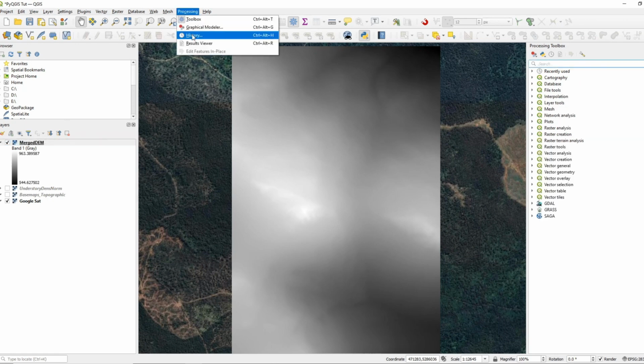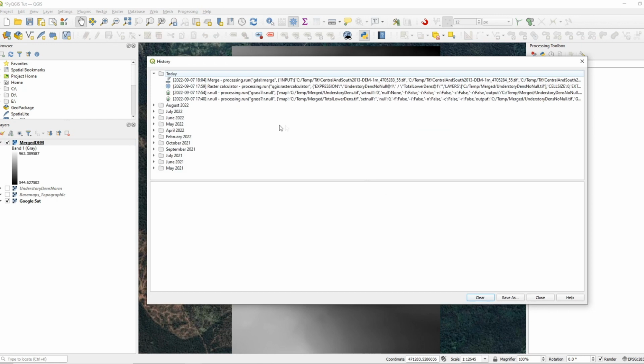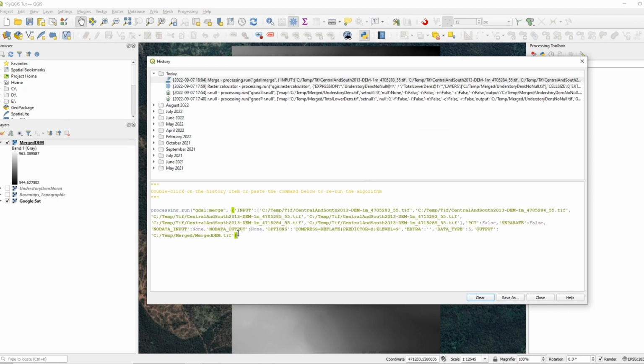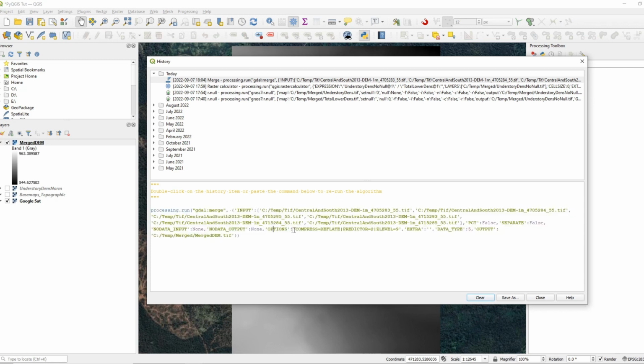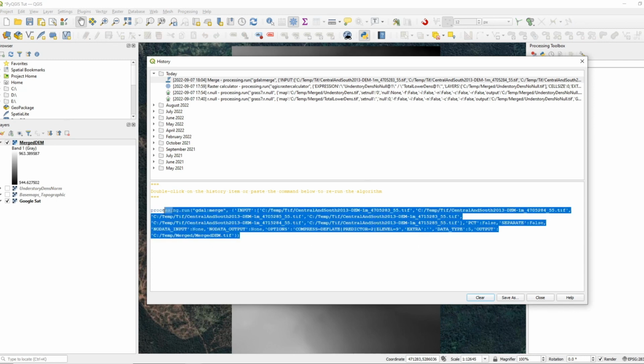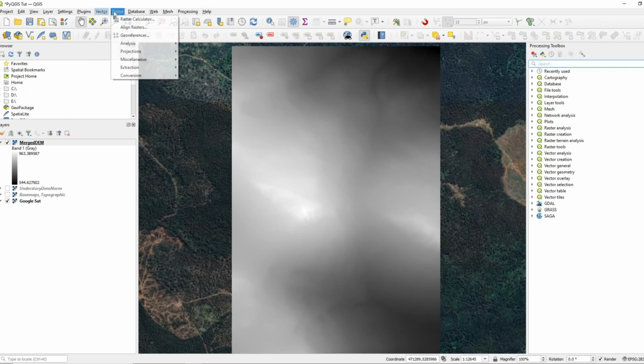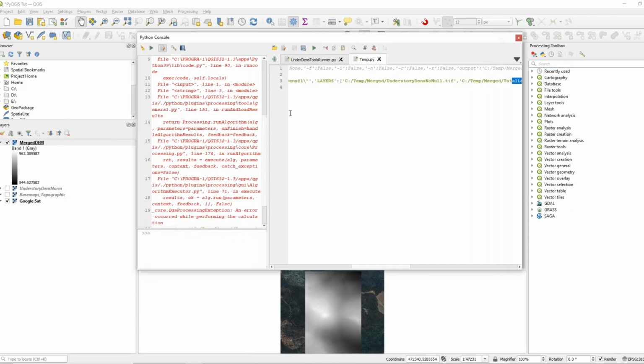If we have a look at the history for what's just happened here, we've got this. Now let's have a good look at what's going on here. We've got our gdal merge. That's our tool, and as the input we've got 1, 2, 3, 4, 5, 6 TIFFs. Okay, and so if you were to go ahead and grab that, which I've just done, I've just copied that and bring it into our Python console, and